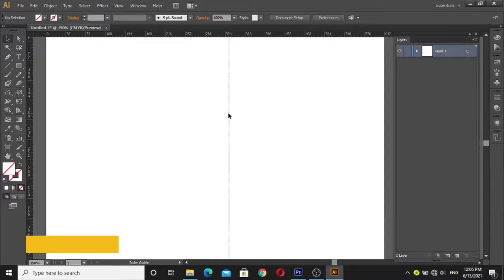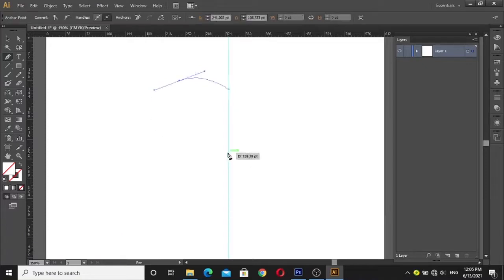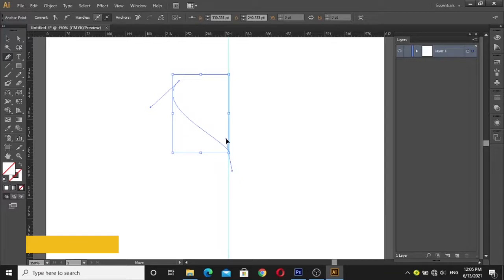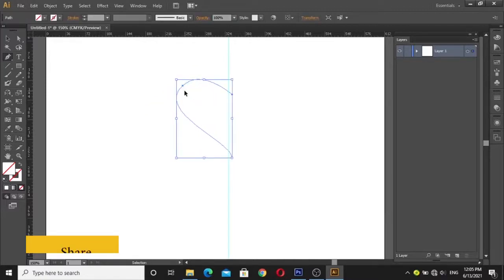I am going to create a shape, actually a heart shape, in Illustrator. I already opened Illustrator. I will use the pen tool to create a half portion of a heart. Illustrator gives you very beautiful and very convenient ways to build shapes like this in a beautiful and easy way. I have completed the half portion of the heart.